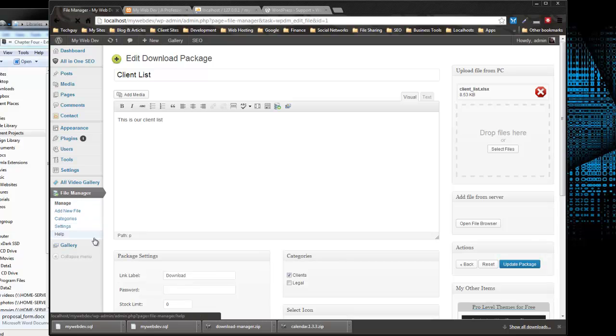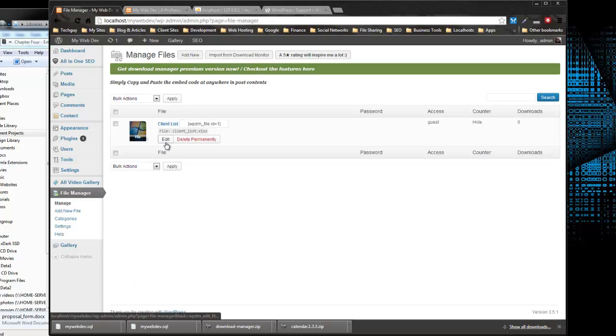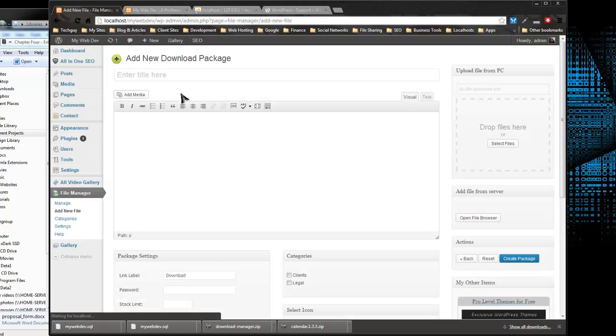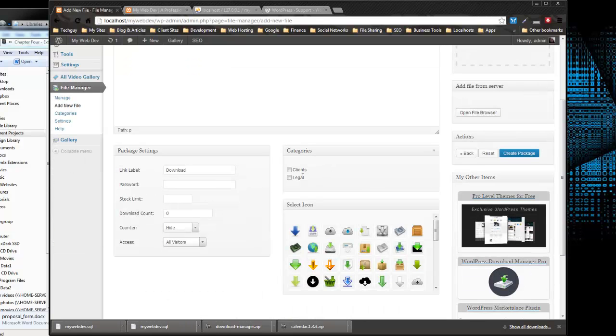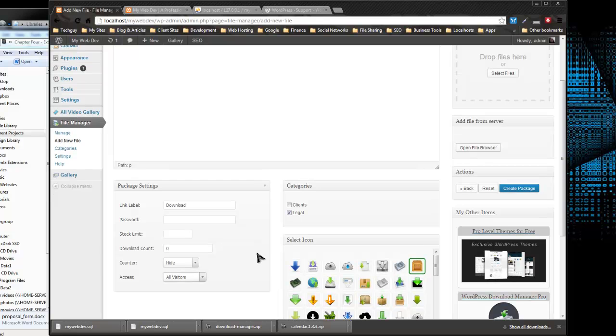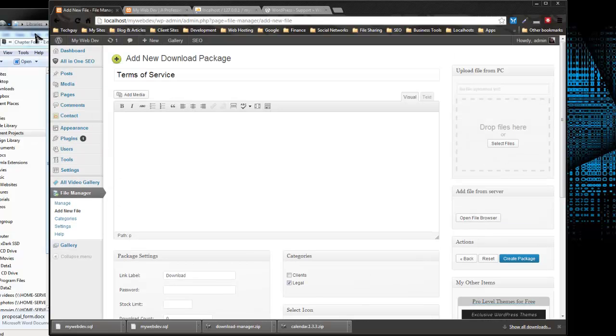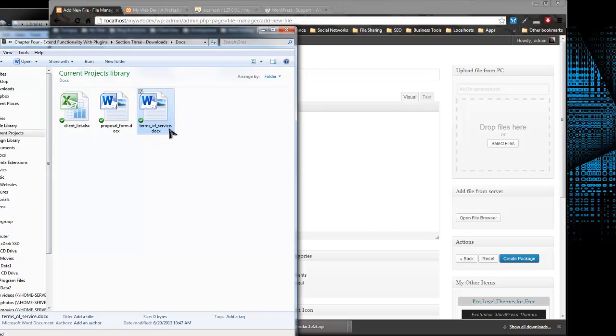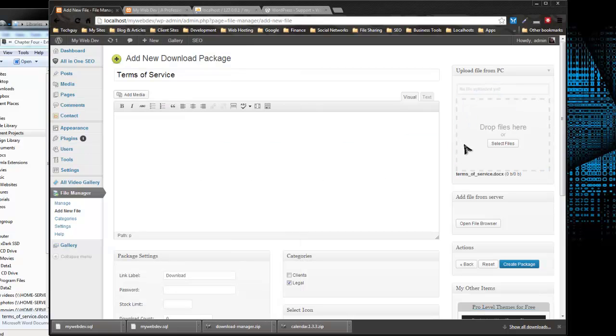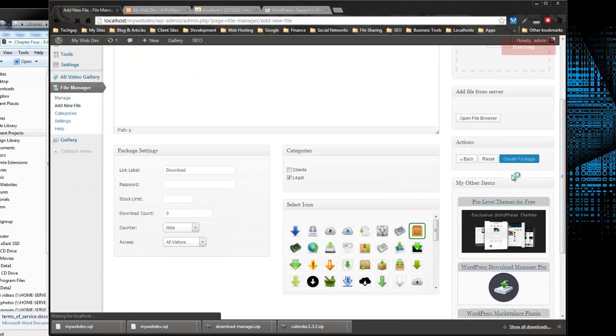Alright, so that looks good. Let's go back to the manager. So now we have our client list file. Let's create another one. And this will be the terms of service. So I'm going to put this in the legal category. I'm going to select the box icon again, and I'm going to drag over the terms of service Word document. So that looks good. I will create package,